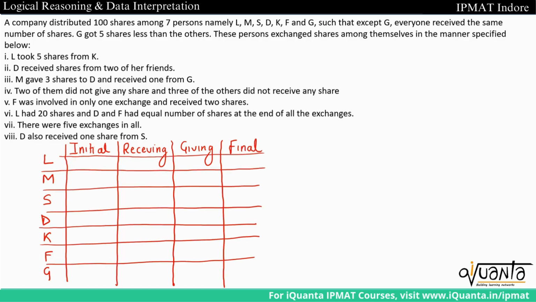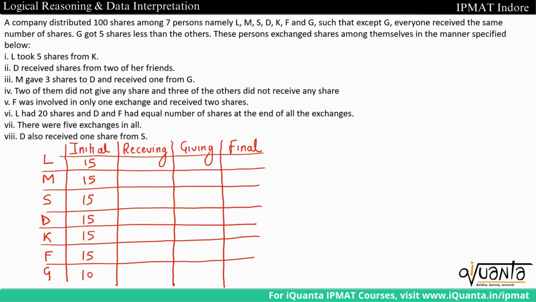So in the last slide we calculated that all others except G were having 15 shares. So initially all will be having 15 shares because these were distributed by the company, and G was having 10 shares. Now let us read the clues that are given to us and then we'll try to fill our table